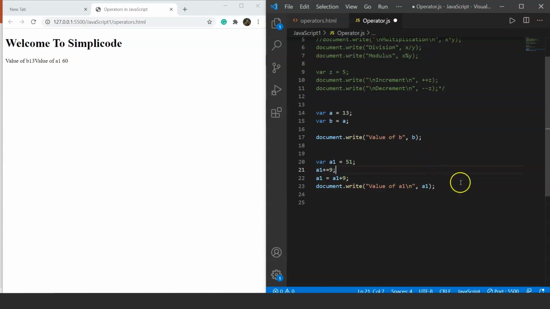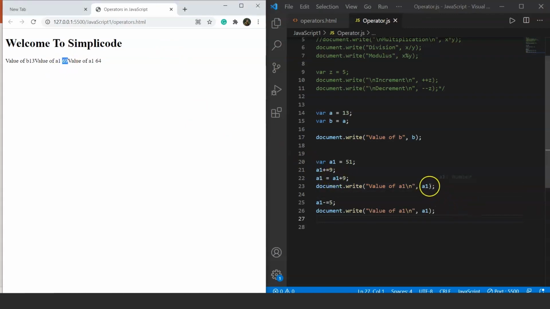Similarly, if you want to perform a1 minus equals, you can do it as well. So let's say a1 minus equals 5, and we'll copy this line from here, paste it here again and save it. Now let's see the output here. What does it say? Some of you may get confused that here it shows the value of a1 is 69.